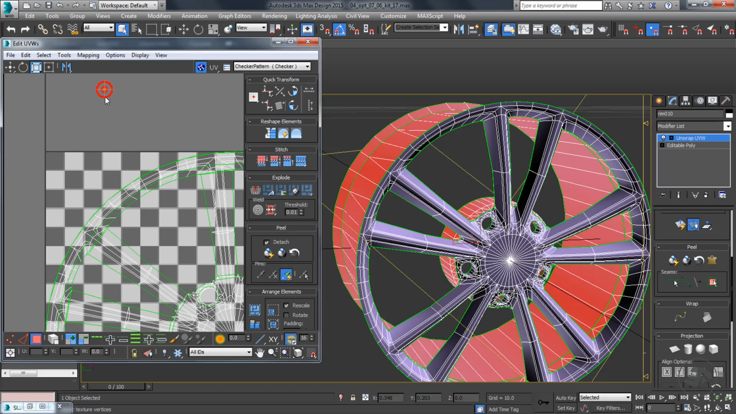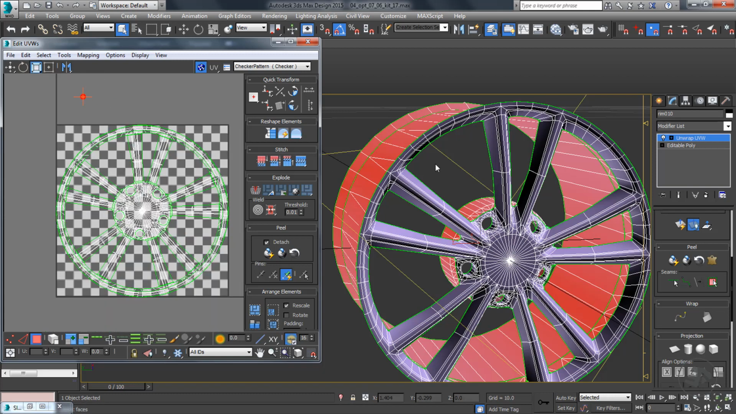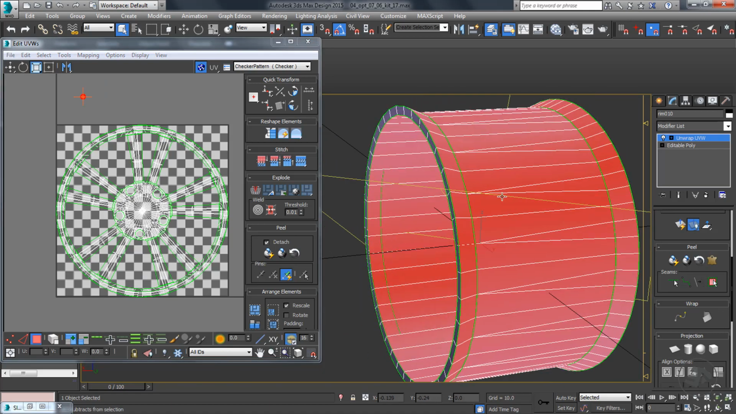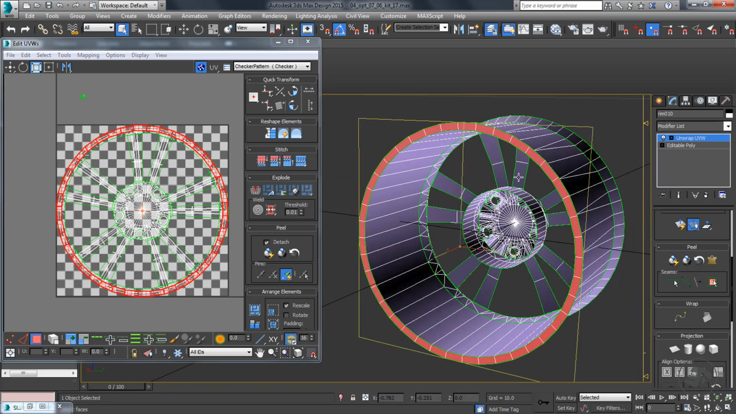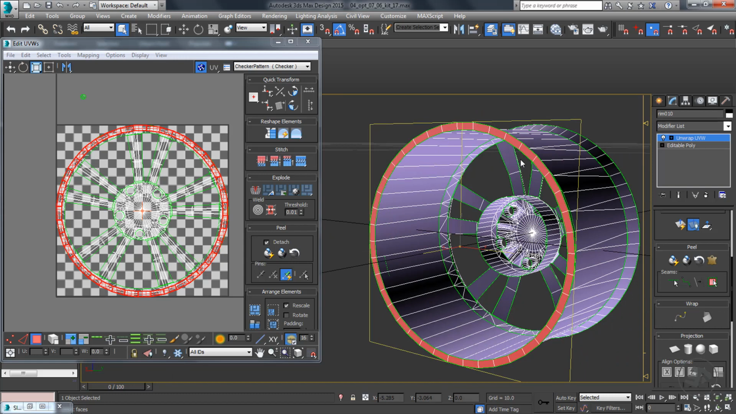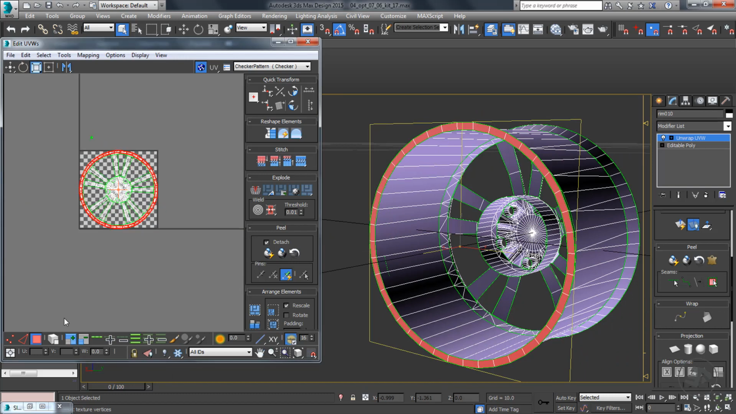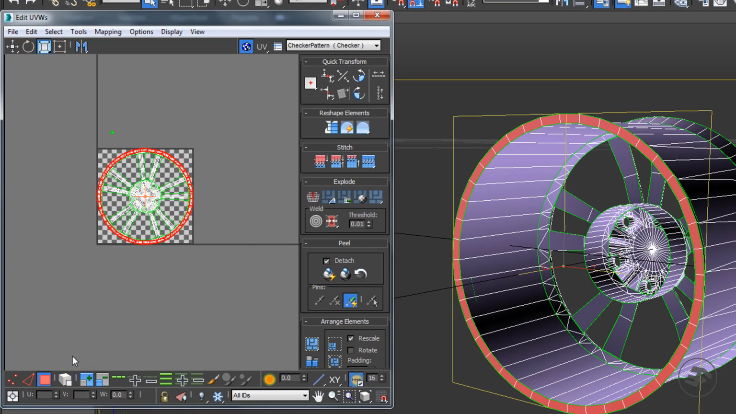Any UVs outside the checker box will not be rendered by the projection modifier. Let me remind you, this is just a temporary UV map to create textures or maps. The final UV map for this rim will be varied. You can move the UVs on the horizontal or the vertical axis by pressing the locator icon, then entering a